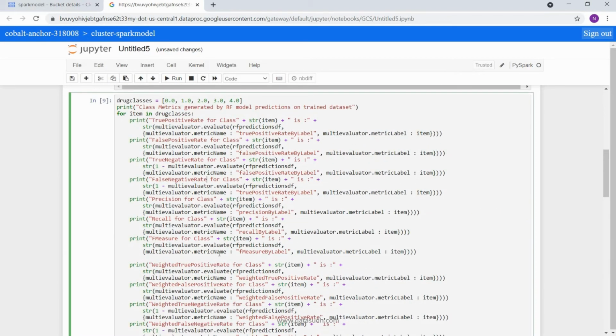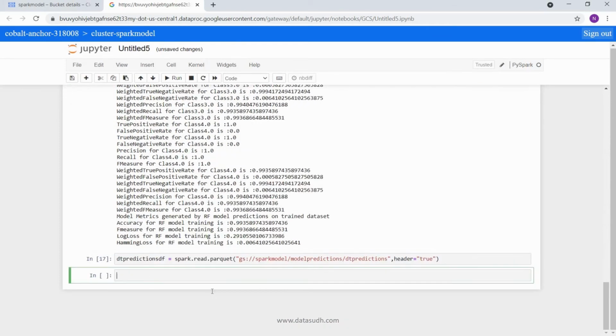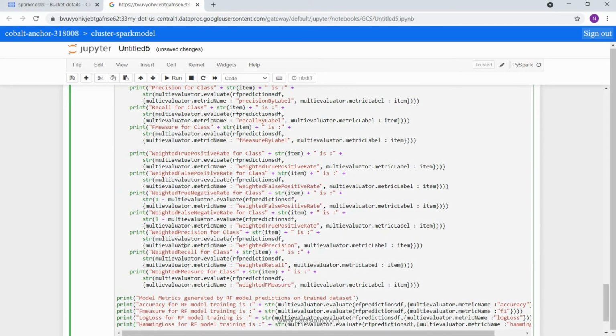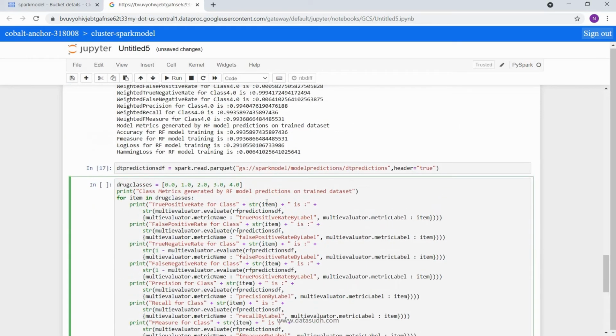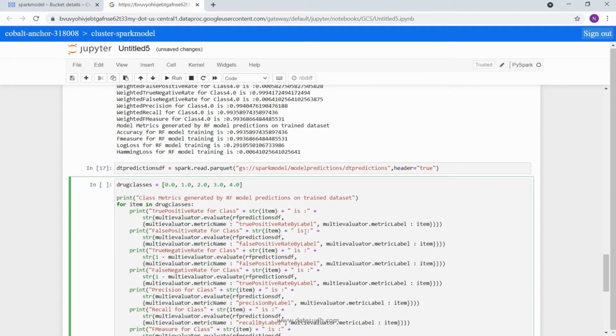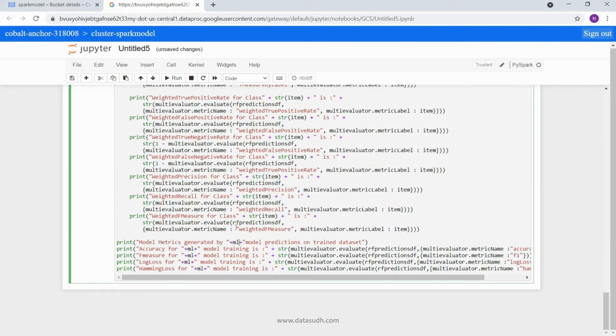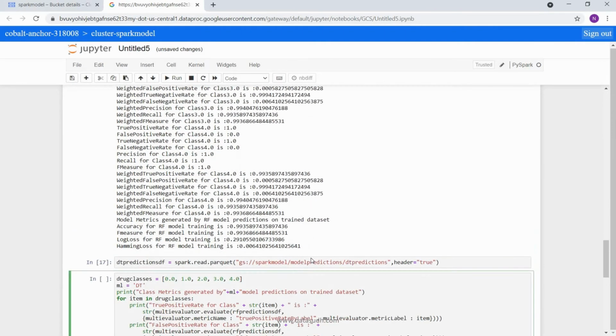Now I'm going to calculate all of these metrics on decision tree predictions. For that, let's copy the code from here and generalize it a bit. I am doing it for model is decision tree, so I can put it here. Whichever model I specify, it will take.